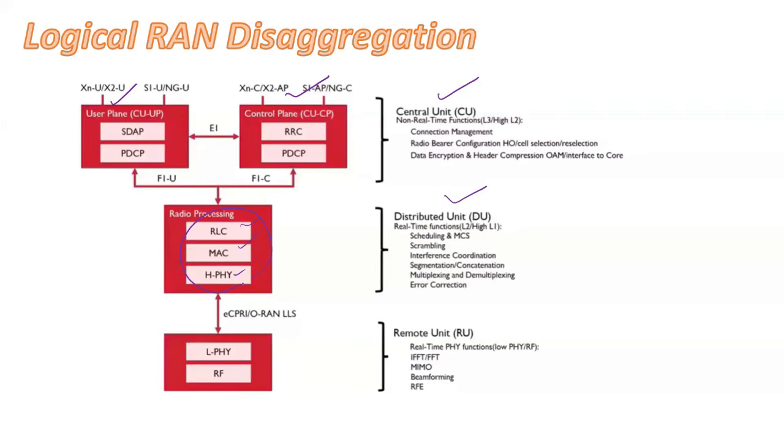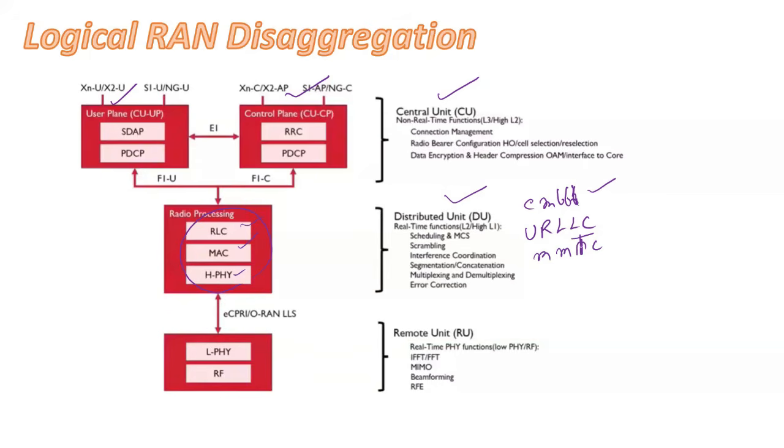So why is this important? Why do we need to separate this? Remember, we have different use cases in 5G. If you know a little bit of 5G, you may know what eMBB is, right? You know URLLC. Then the third one is mMTC. eMBB is enhanced mobile broadband. URLLC is ultra-reliable low latency communication. mMTC is massive machine type communication. So these use cases require different architecture structures.